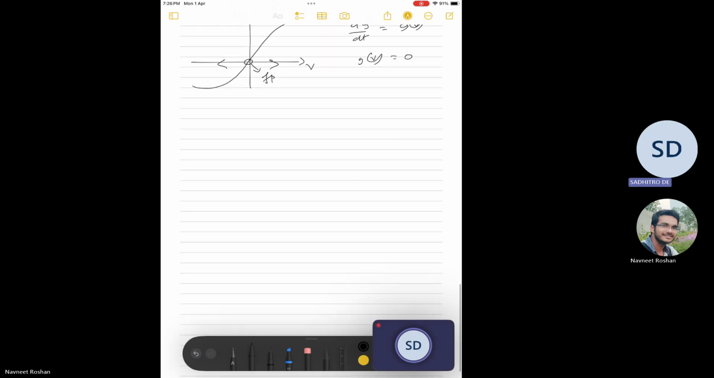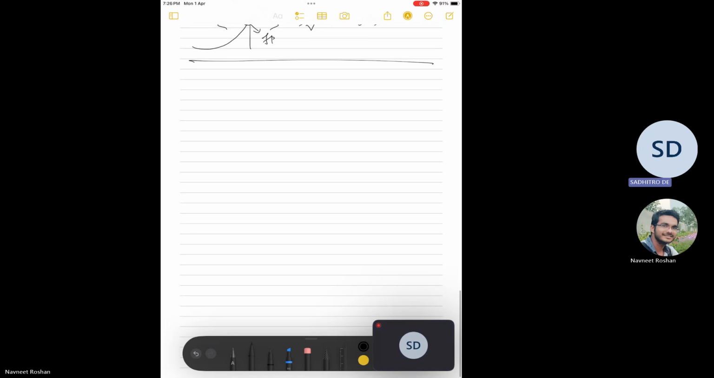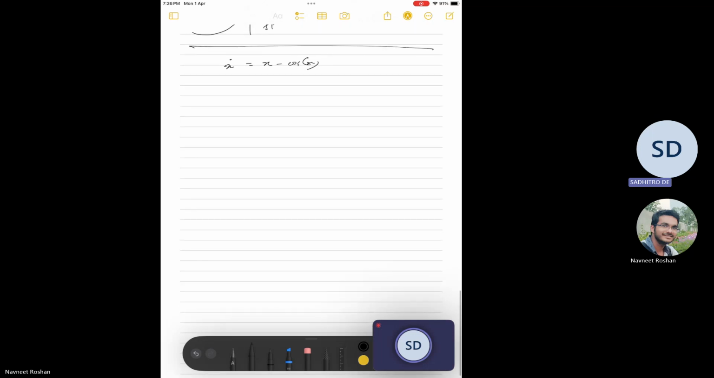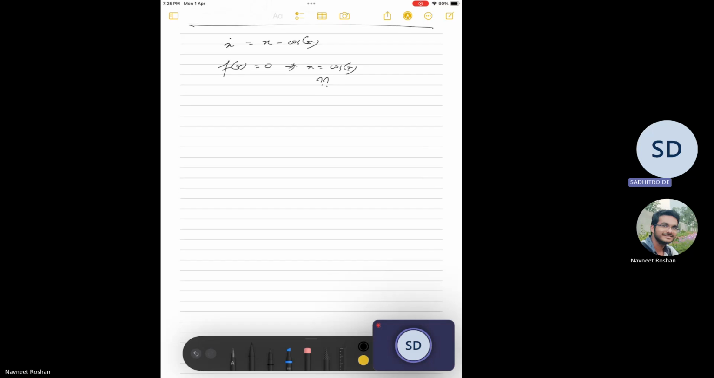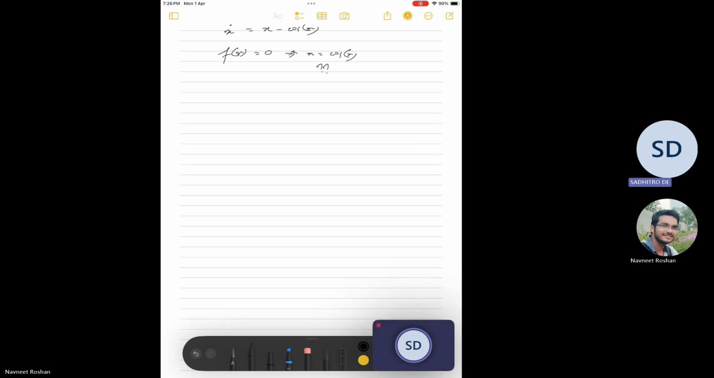Another interesting example which we can try out is basically this: x dot equal to x minus cos of x. So what are the fixed points of this equation? To find the fixed point, we must have f of x equal to 0, which means x equal to cos of x. Now this equation is impossible to solve by hand because it is a transcendental equation. All right, so one interesting way to solve this equation is to do it graphically. So you plot a graph like this,